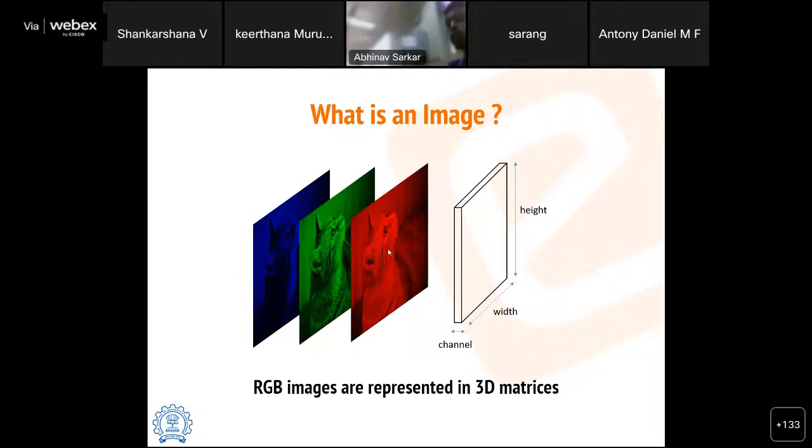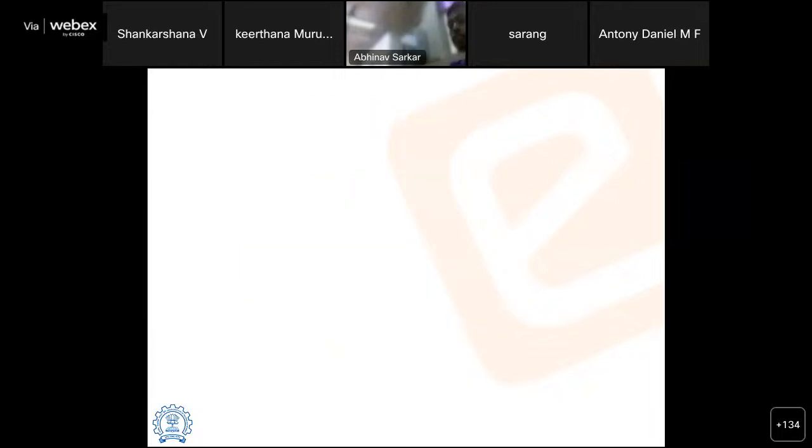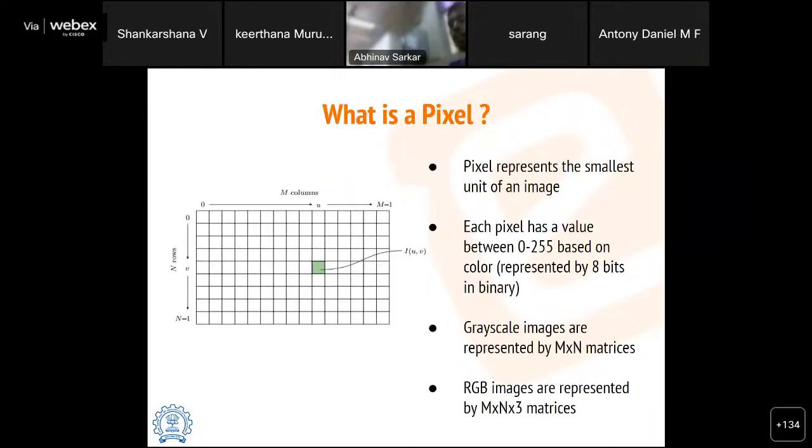So an RGB image is three channels that give me a three-dimensional matrix. And in the process, now here's one small